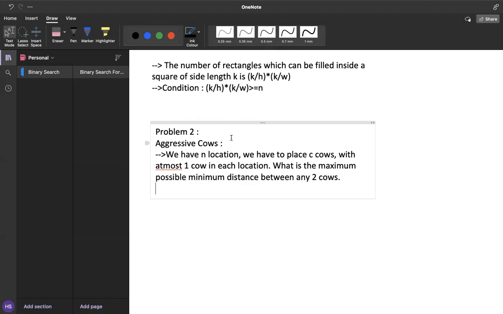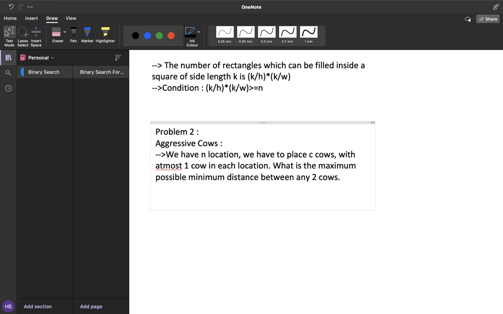Yeah. Go ahead. Like we can assume the maximum distance to be k, and then the total stalls needed will be C plus (C minus 1) times k, and it must be less than the total, something like that. Okay, yeah. You are really close to what we are going to do here. That was a really good attempt.